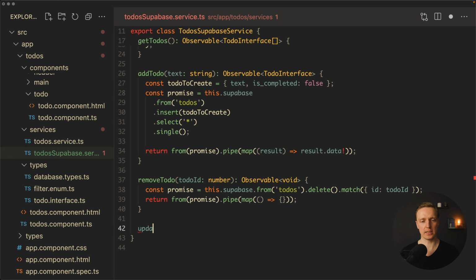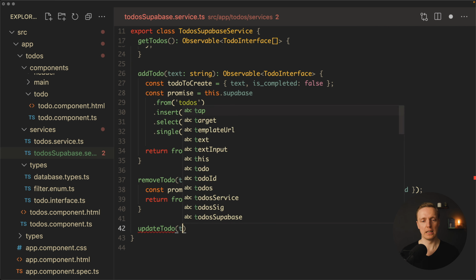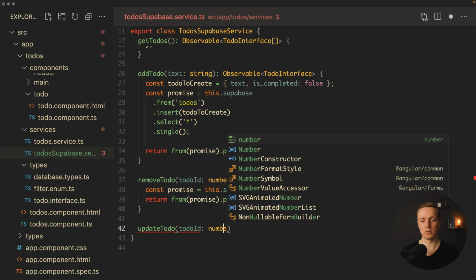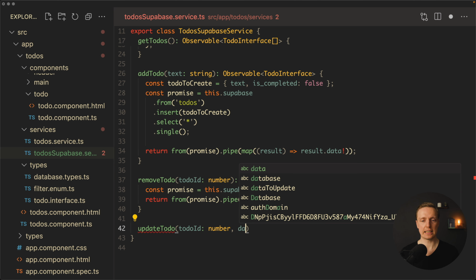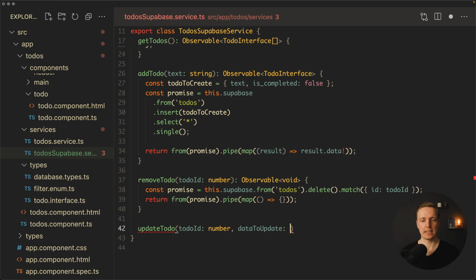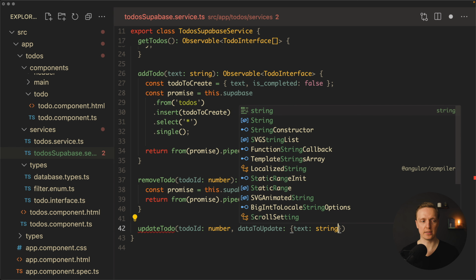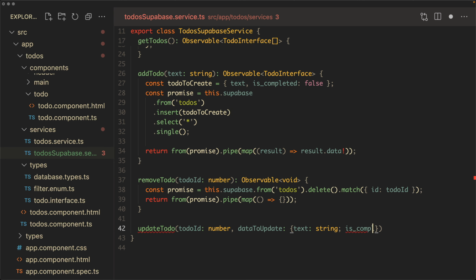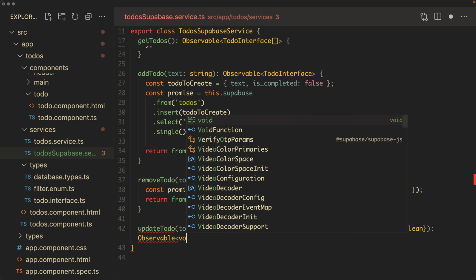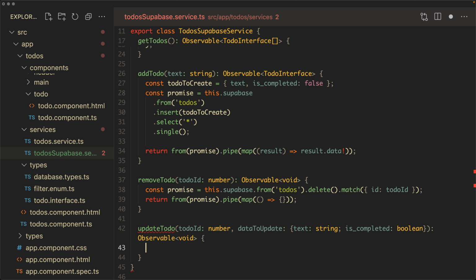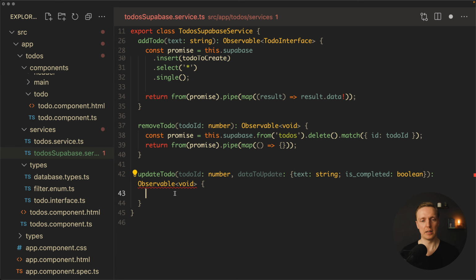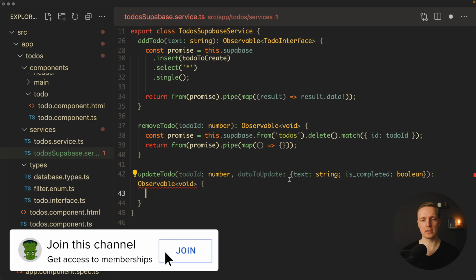This is why here let's create a function updateTodo. We need to provide first of all a to-do ID that we want to update, and secondly data to update. And here we need to specify the data type. Here it always must be a text string, and also an isCompleted property, which will be boolean. And back I also want to get an observable of void, which actually means we don't really care about the response. Most importantly, our updateTodo must always update text and isCompleted, but in different cases we might want to